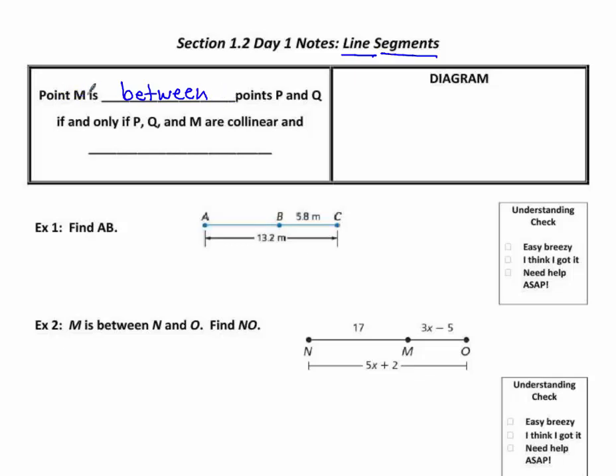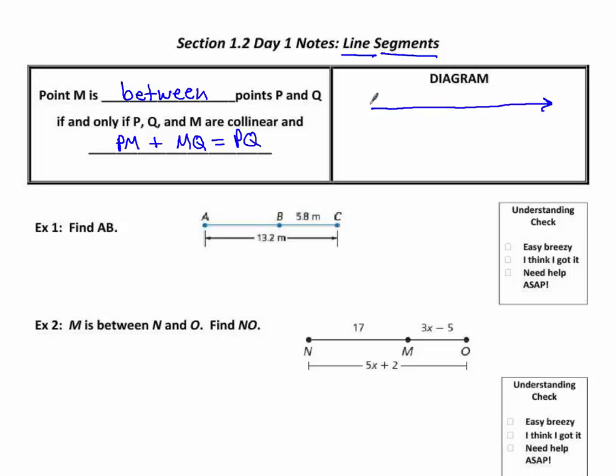Point, we'll call point M, is between points P and Q if and only if P, Q, and M are collinear and the distance from P to M plus the distance from M to Q equals the distance from P to Q. So what that means is